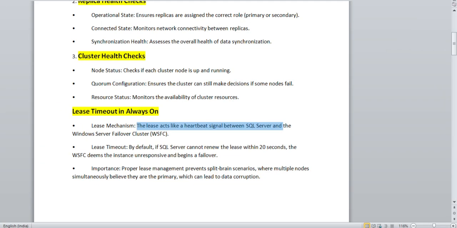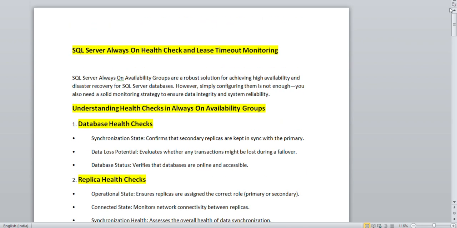Okay, so I have created one document. Let me show you guys. SQL Server Always On health checks and lease timeout. Today's session is all about the health check monitoring and the lease timeout for SQL Server Always On. As we know, SQL Server Always On is a HADR concept for SQL Server, so high availability and disaster